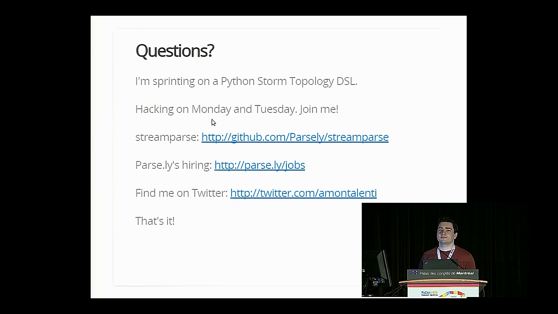It's more of a Storm question. Last time I looked at this stuff, reliable processing was iffy. Basically, if something fails and gets rolled back, there's a good chance it's going to fail again and continue doing it till you die. And since you have a bit more layers there, the chances of this happening are higher. So is anything happening in this regard in Storm in general and in your project in particular?